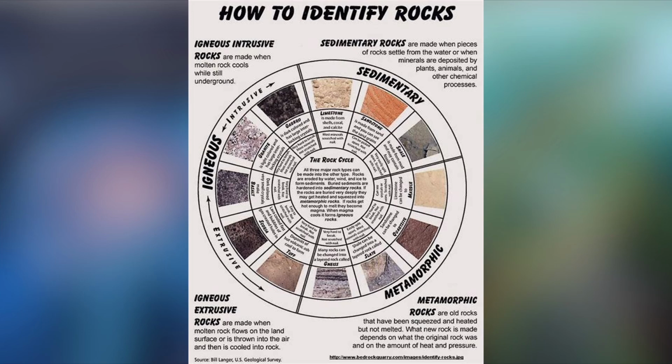The classification within sedimentary rocks is mostly determined by the size of the particles that come together to form sediment, so anything from big boulders to tiny clay particles and in between, and also the process that, I guess, combines them together. So you can have chemical precipitates, so basically the water evaporates, leaving chemical evaporite rocks behind, or you can have temperature and pressure, which can make clastic sedimentary rocks.